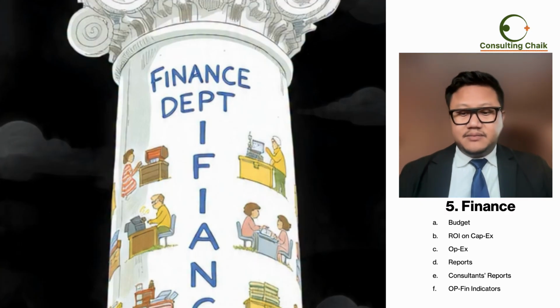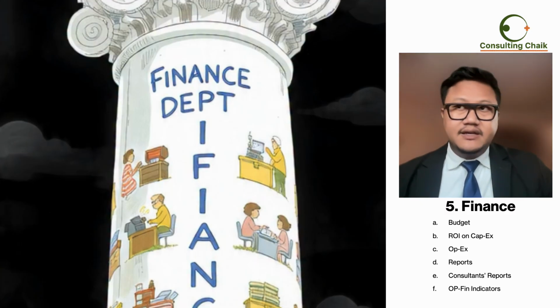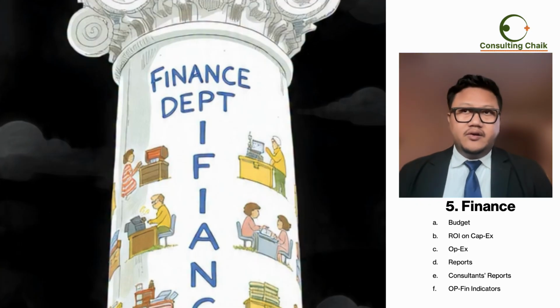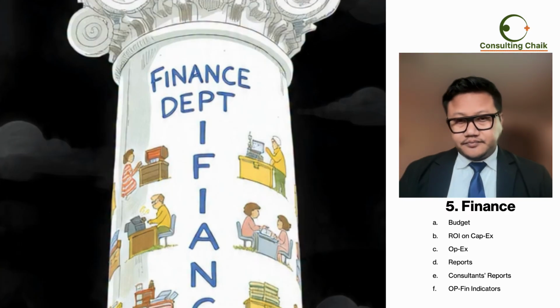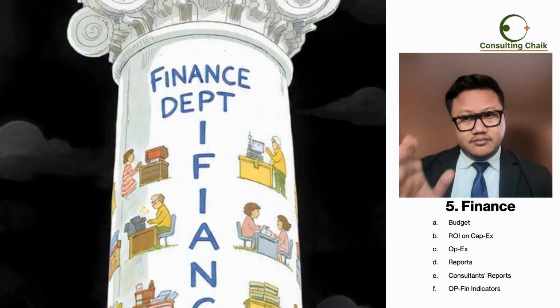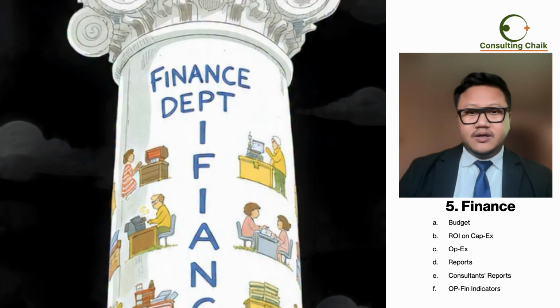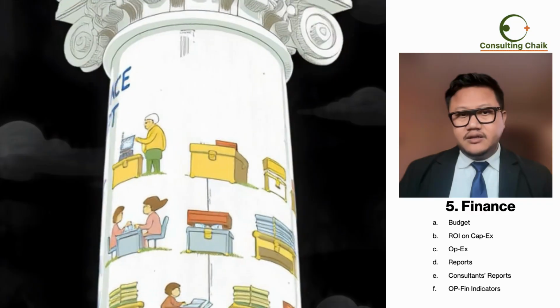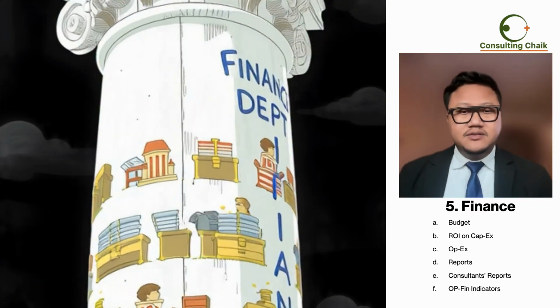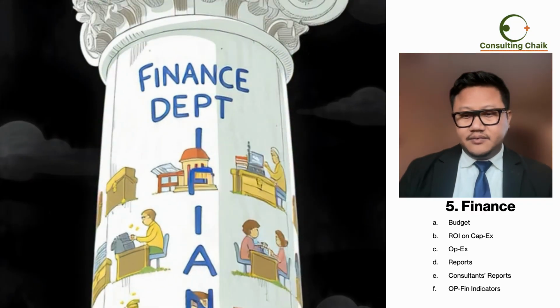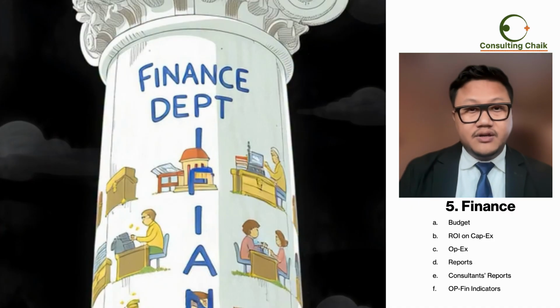Then operational financial indicators. These indicators monthly, it is very essential that you see those indicators, like what is your occupancy rate, what are your average length of stay, your RPOP, your EBITDA. Time to time you need to, monthly you need to see. Okay, so if you follow all this, then your finance management is in line. You can have more things here, but these are very basic ones I have covered.